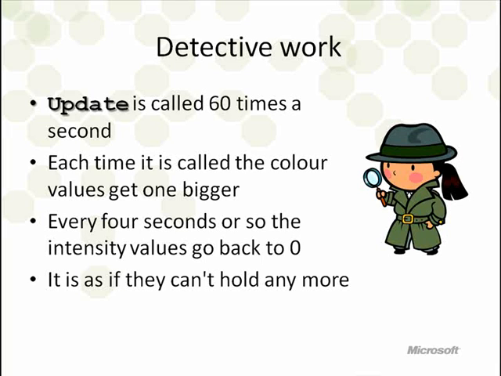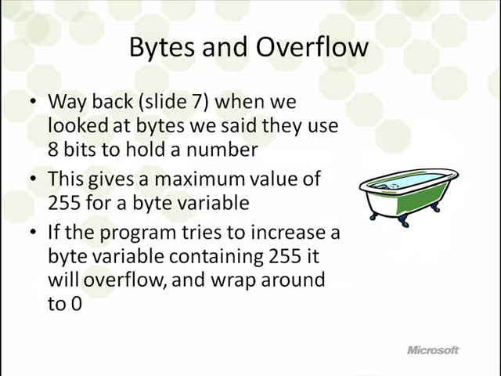Each time it's called, the color gets one bigger. Every 4 seconds or so, the intensity values go back to 0, and that's as if they're full. They can't take any more. There's no room in the variable to actually hold the value we're trying to put in there. And if we go way back into the past, slide 7 of one of the presentations, so it says here,